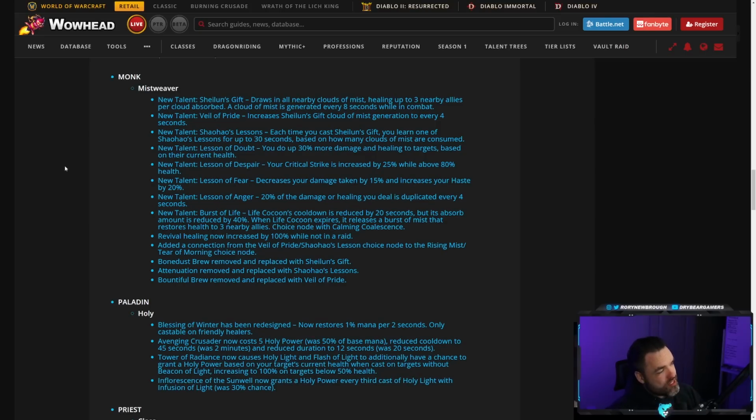On to Mistweaver. This is a spec that you'll probably hear some people say is fine the way it is. I would argue, after playing Mistweaver ever since Mists, it's in a spot that needs a little bit of love. I think there's not enough options in the tree, and so I'm hoping that when this does come out, we'll see how this goes. So they're bringing back the Legion ability, Shadowlands Gift, and then